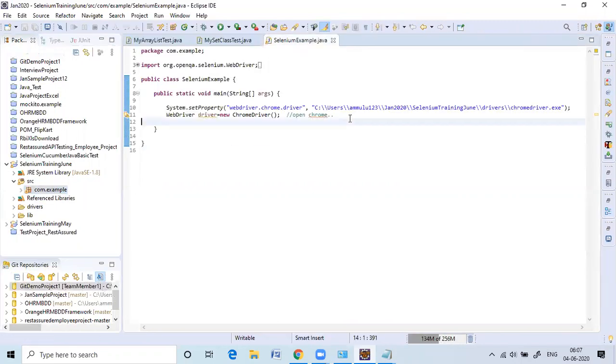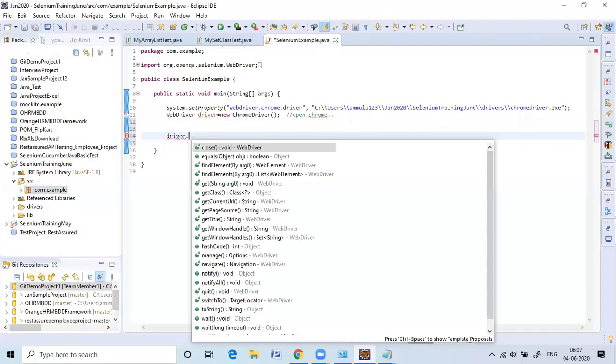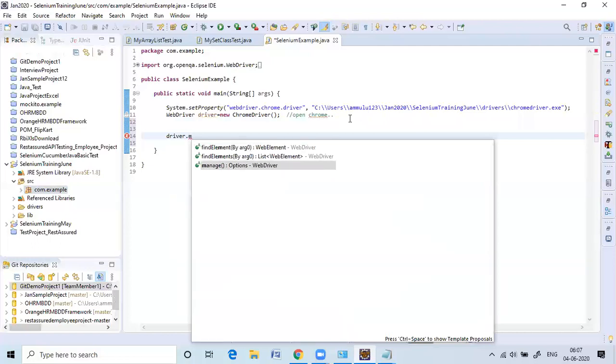So first I need to load the URL, right? So first I need to maximize the window.